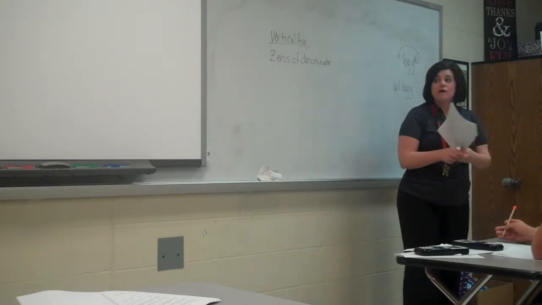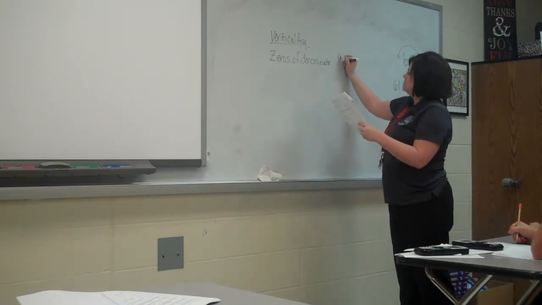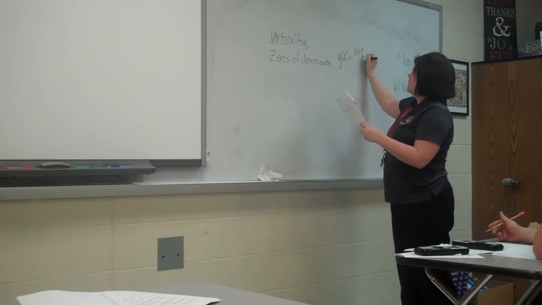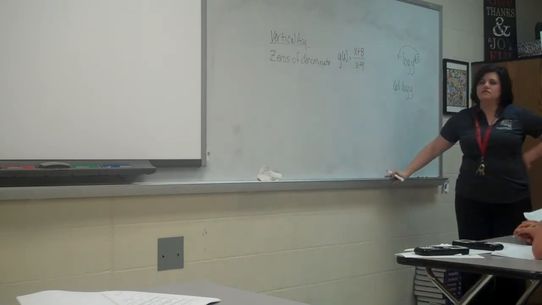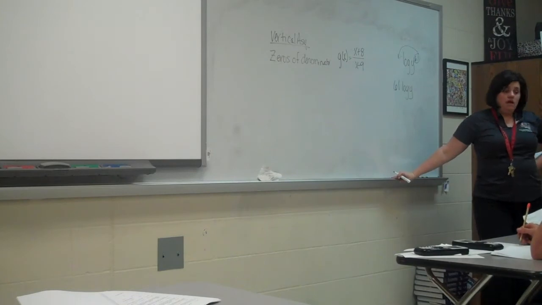Okay, the equation is f of x, g of x equals x plus 8 over x minus 9. So if I gotta find the vertical asymptote,